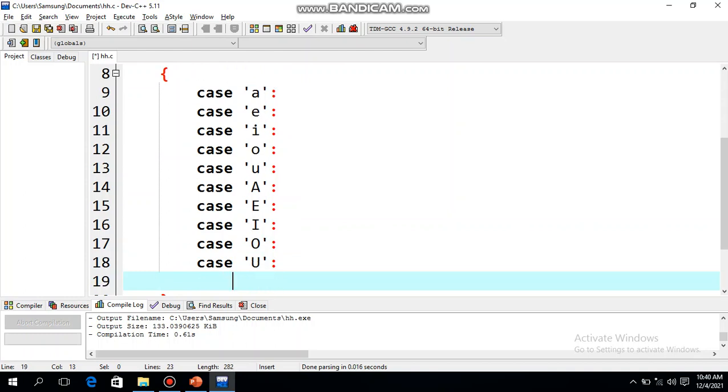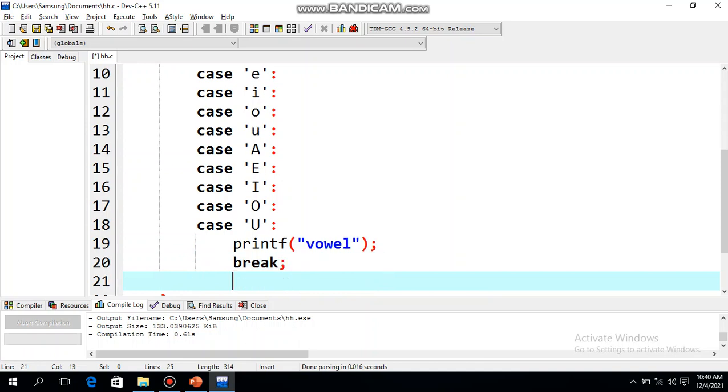The output is what? It is a vowel. So I'll just write down printf vowel. That's why I am not writing case A printf vowel break, case E printf vowel break, because for all of these the output is same. So I'll just simply write down break here.